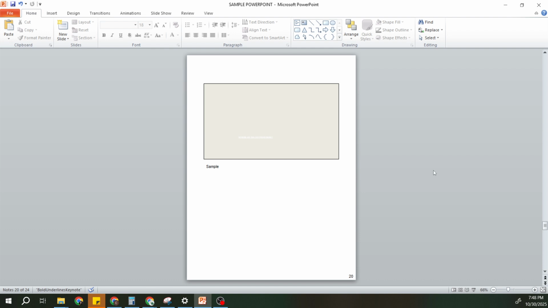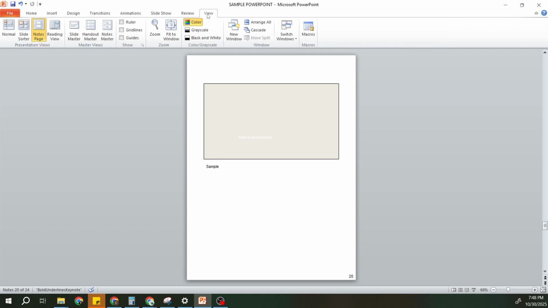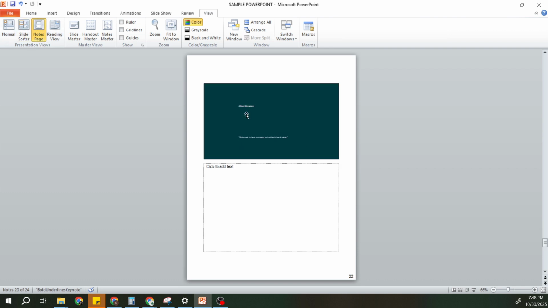Next, you'll want to switch to a view that lets you work with your notes. Head over to the top of your screen and click on View. From there, choose Notes Page. This view will allow you to interact with both your slides and the Notes section easily. You'll see each slide accompanied by a text box underneath it, where you can jot down notes that are relevant